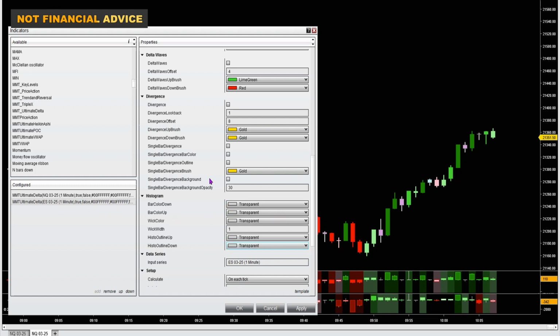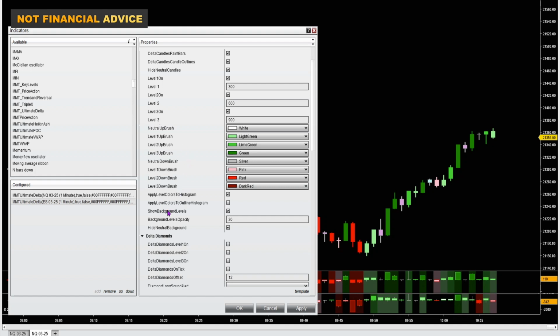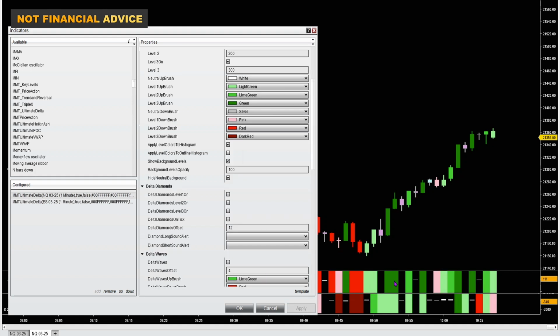Now that I've got everything transparent, up in the main section you see there are 3 new lines. Show the background levels, which I have checked on. Background levels opacity, I'm going to bump this up to 100. Now let's click apply. And now I just have the colors for the different levels of delta. I can see when the NQ and the ES are in alignment with a little color grid here at the